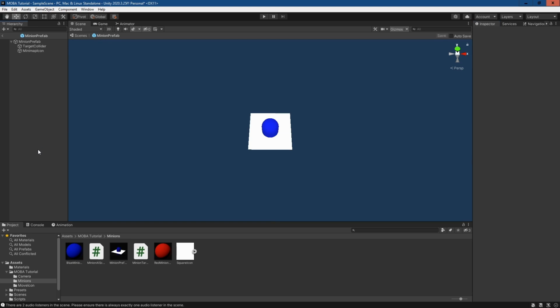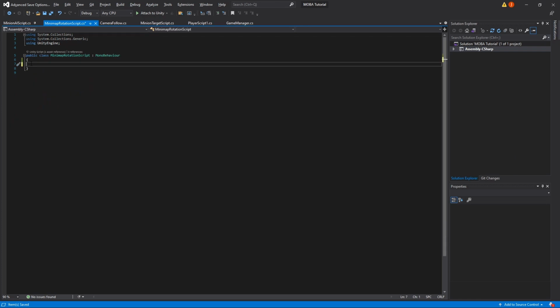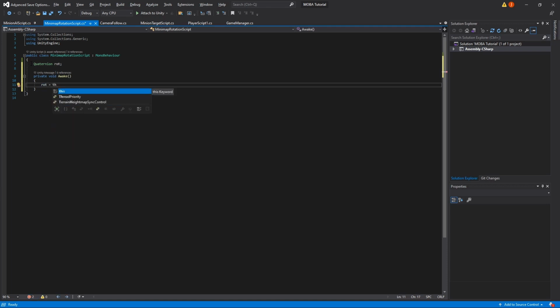So inside the minion prefab, if we want to get this minimap icon to not rotate with its parent, we're going to have to add a script. We'll say new script, and we'll call this minimap rotation script. And then if we open this up, okay, so the script we'll need to do is we'll need to set up a quaternion and just call this rot, so for rotation, and then we'll do an awake function and we'll say rot is equal to this dot transform dot rotation,